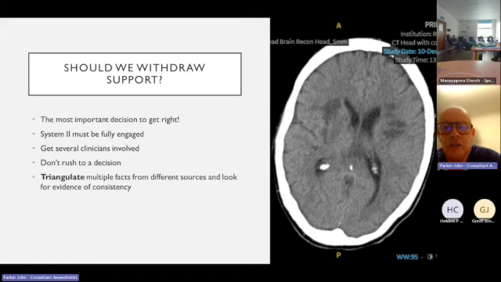Well, more than one person, not rushing to a decision, and a little bit like GPS identifies where you are on the planet, where 4 or 5 different satellites point at you and triangulate your location. We should do the same thing with the information that we have to hand. And classically, with someone that comes in severely brain injured to our unit, and we're thinking about withdrawing support, we usually have 3 different pieces of information to hand